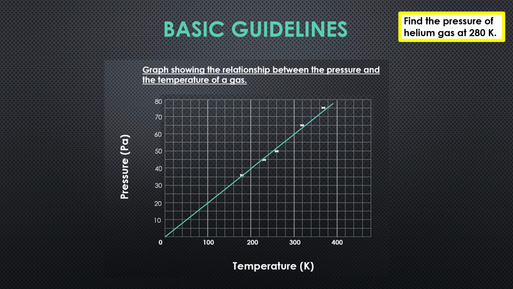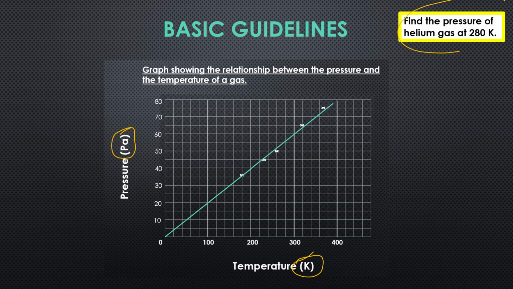We will start with a very straightforward level 1 or 2 example, and we will show you some basic guidelines that you can use to read off values correctly from a graph. This is a graph showing the relationship between gas pressure and gas temperature. Please take note of the SI units written on the x-axis and the y-axis, because you will have to write your answers using these correct SI units on the axis unless otherwise instructed. So always read your questions carefully.